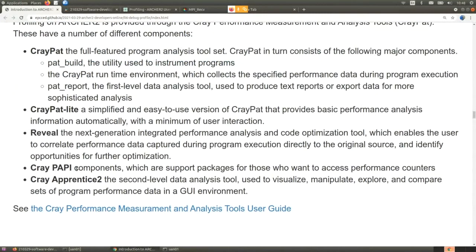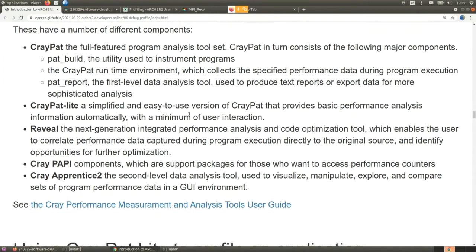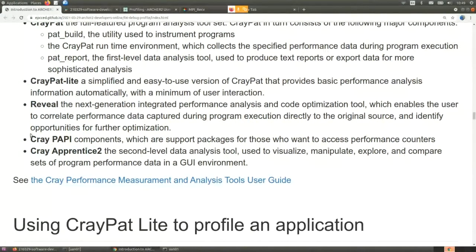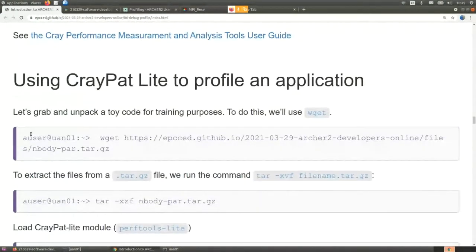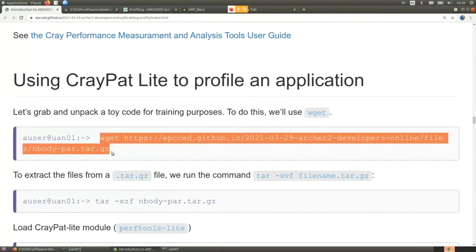But then there's also PAPI, which are support packages if you want to access performance counters. And then there's the Cray Apprentice2, which is a second level data analysis tool, which helps you visualize, manipulate, and compare the performance data that you've obtained using CrayPat, CrayPat-lite in a graphical user interface. So for the next 30 to 40 minutes, I will be showing you how to use CrayPat and CrayPat-lite, starting with CrayPat-lite. The first thing we'll do is